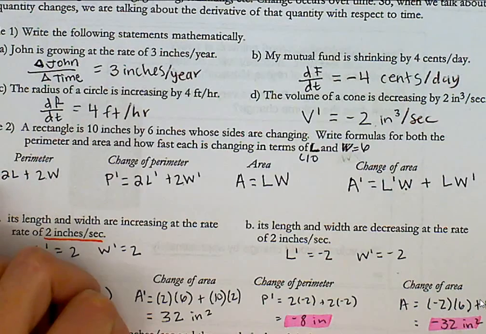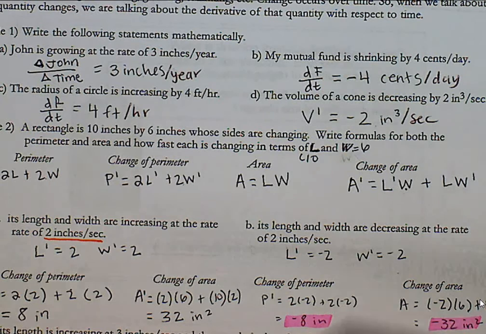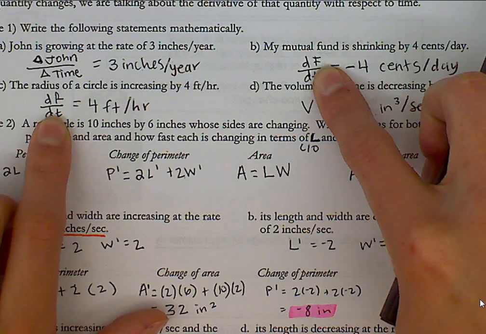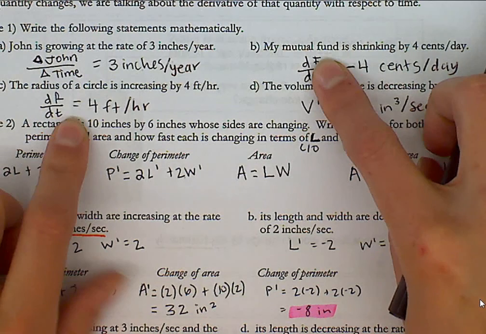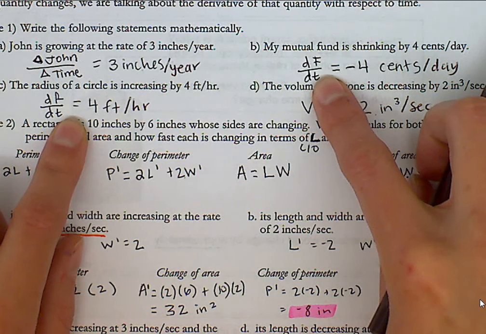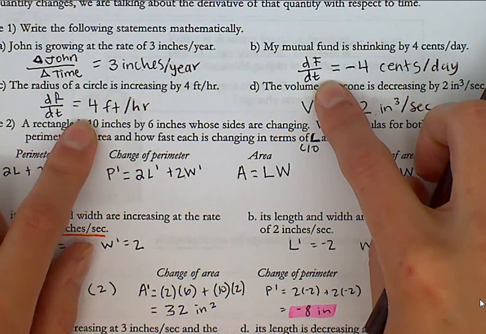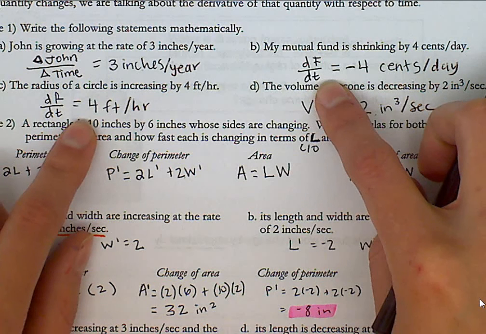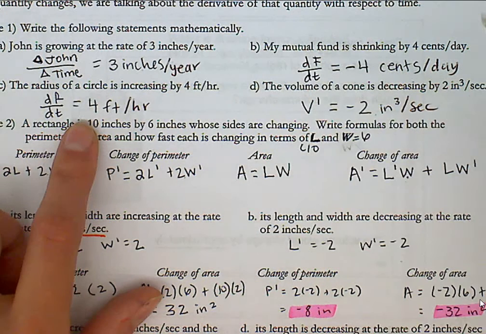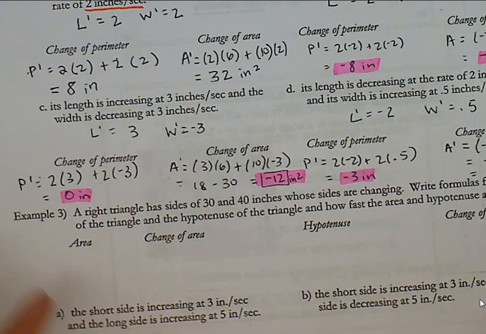And another thing, I think for example 3, we should maybe go back to using this notation, so that you see it with prime notation as well as this df dt or dy dt notation, and then you can choose which notation is most useful for you. Okay, so going back down to example 3,